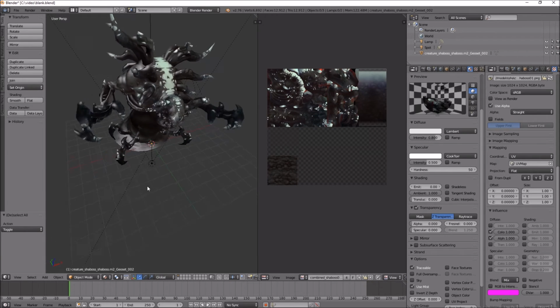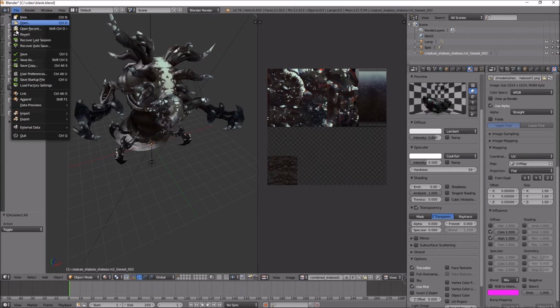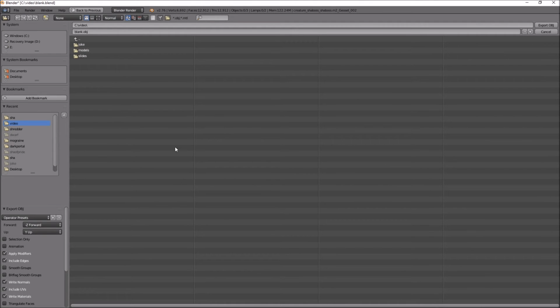So now your model is ready to be put into Tabletop. So what you're going to do is go into the File menu, Export, Wavefront Object, and I'm going to name it something like Test 1. Okay,